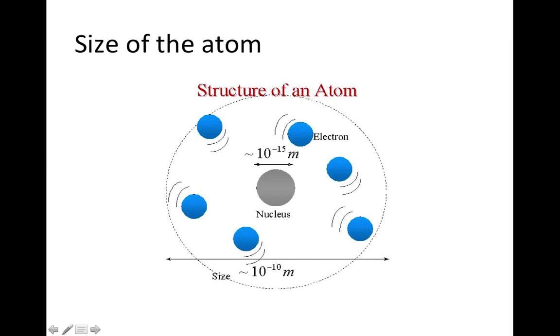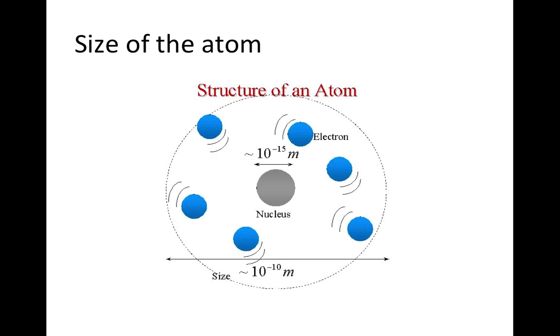So the size of the atom, let's just go through it because we need to know a bit about that. The nucleus is about 10 to the minus 15 meters across. This is a kind of hydrogen atom. Bigger atoms approach 10 to the minus 14, about 10 times bigger, but for a hydrogen atom, or a small atom where the nucleus is just a proton or a few protons, it is about 10 to the minus 15 meters, whereas the entire atom is about 10 to the minus 10 meters, as we said at the start of the presentation. That's a difference of 5 orders of magnitude, 10 to the 5.